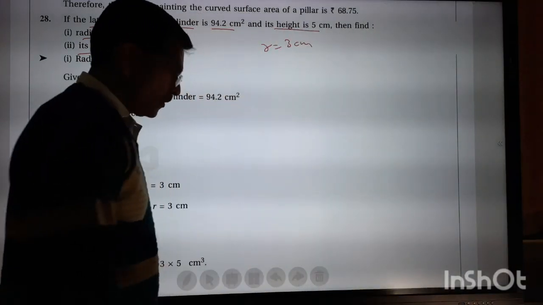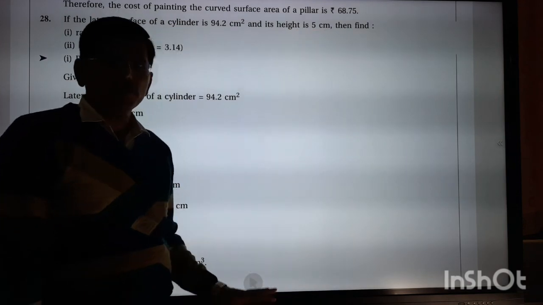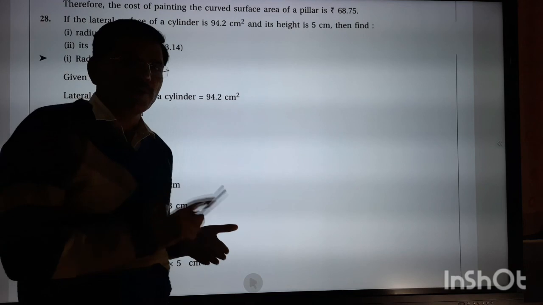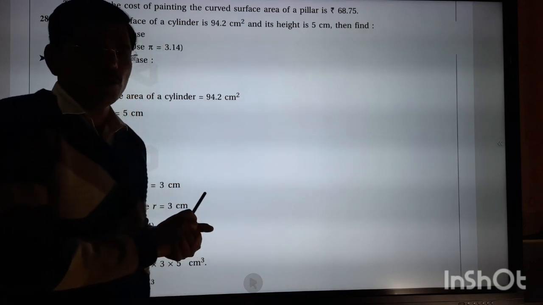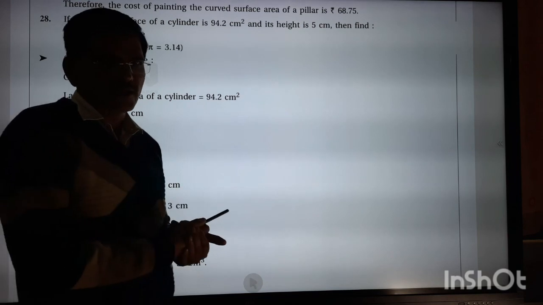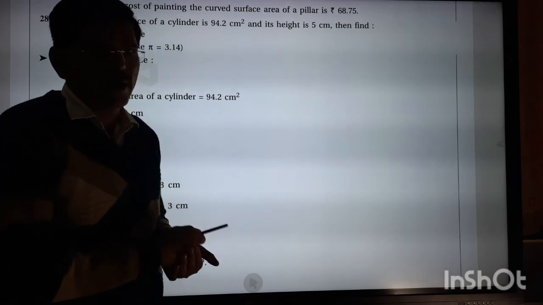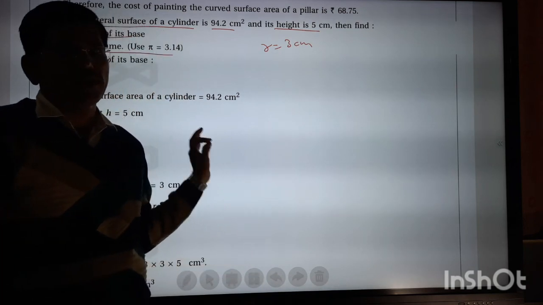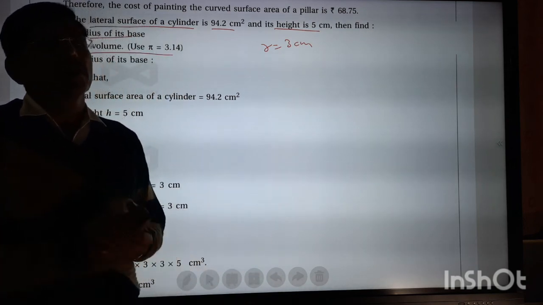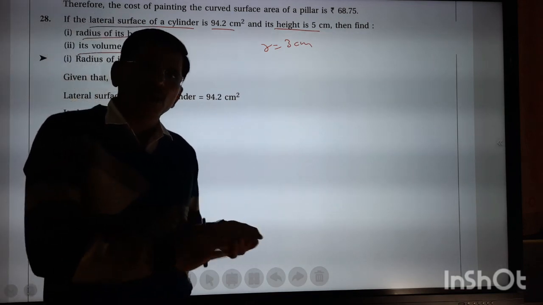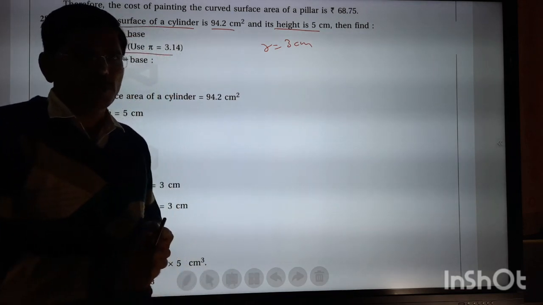So mostly we have discussed all the sums related to this chapter 13: volume of cone, volume of sphere, volume of hemisphere, volume of cylinder, volume of cuboid, everything with surface area and lateral surface area, total surface area, everything we have discussed. So in revision lecture we have gone through the text based sums. So maybe you have an exam of chapter number 13. On that time you again go through it properly. Thank you.